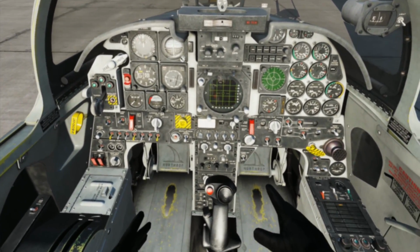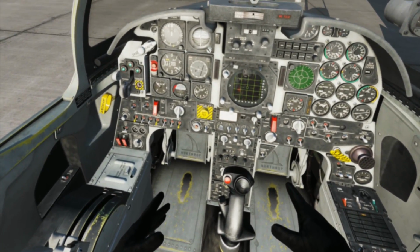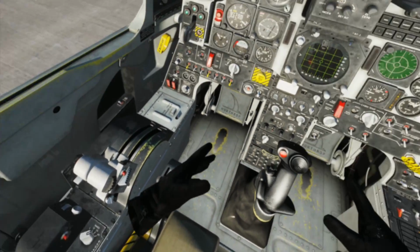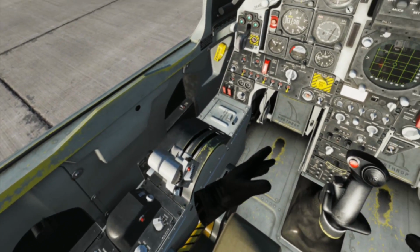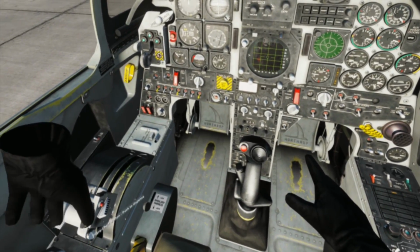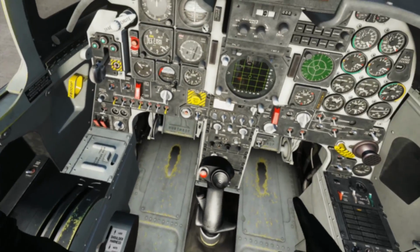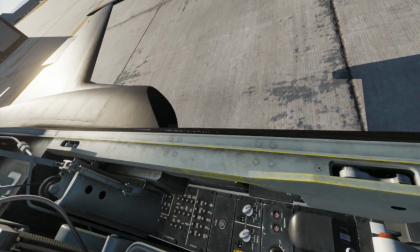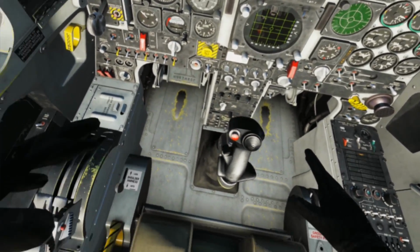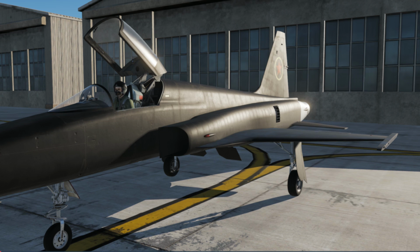So in the T38A, I would trim and just make sure it cuts off, which it does. Well, there's no pitch trim, so there's a takeoff trim button down right here where the radar control would be. I'd hit the takeoff trim, takeoff trim, left, right, make sure the trim moves, and then same thing, I would go forward with him looking, look back, make sure I got flight control movements, do the trim, cut off, and then back, trim forward, cut off, left, right, rudder left, rudder right, and then he'll give me a speed brake,